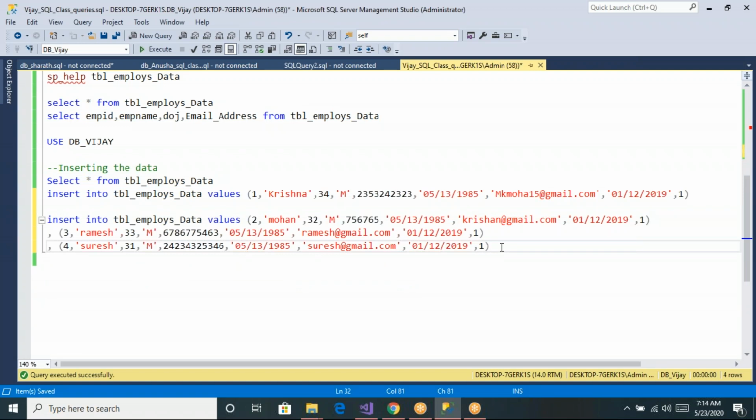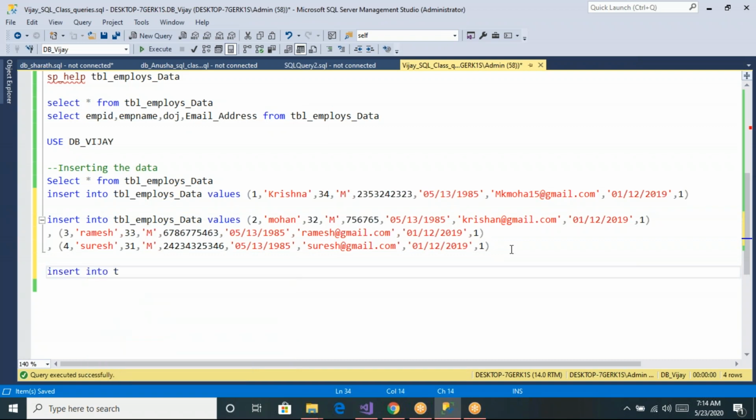So let us say sometimes your table contains 9 fields, and out of the 9 fields, your manager has provided only 4 columns of data. Let me show you another way of insertion.